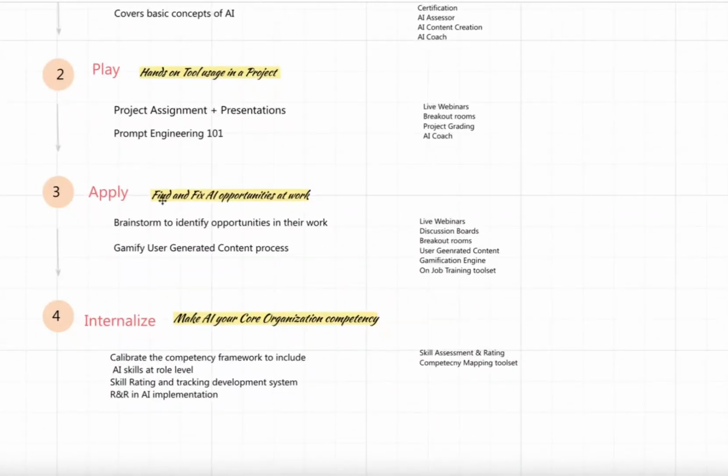In this phase, we find and fix AI opportunities at work. This again is a synchronous style activity where a facilitator will work with the group and brainstorm to identify opportunities in their work. So the facilitator will create a structure and a preamble of how this is to be handled, and then asynchronously we would have discussion boards, breakout rooms, and then user generated content. So once these